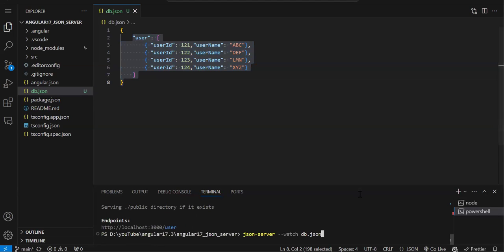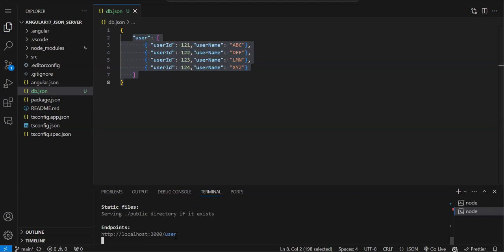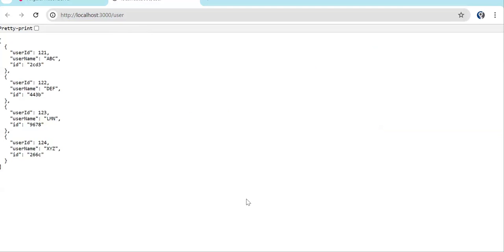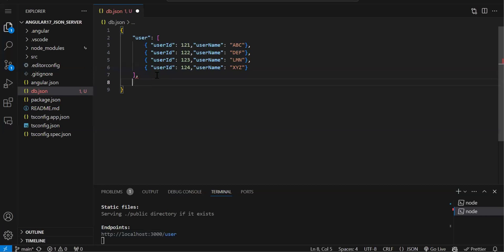Sorry, I tried copy pasting. Follow link. So now you can see if I hit this, I get the data, whatever I have stored over there. Let's try, after this users, let's say employee list, colon, square bracket, again, let's say EMP ID. Oh, everything needs to be in double quotes. EMP ID,